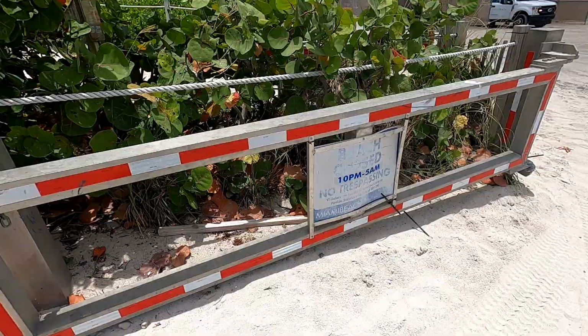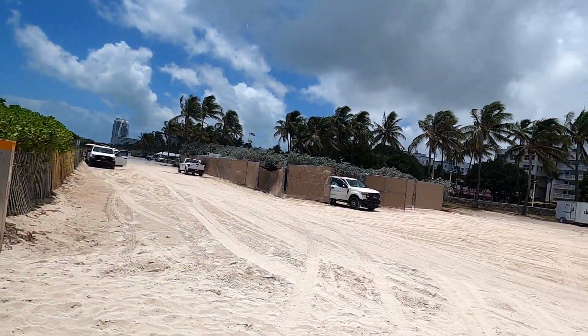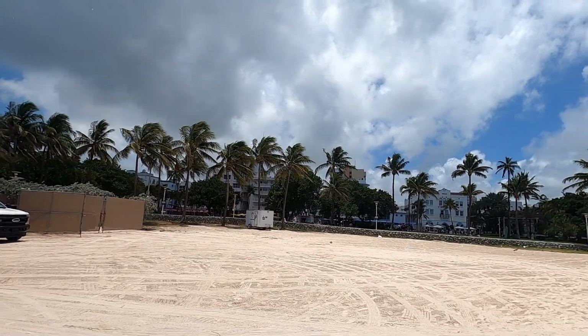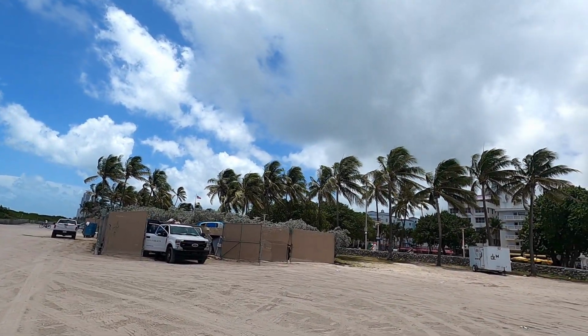Let's take a look. It seems like the beach is closed from 10 p.m. to 5 a.m., so open during the majority of the day. And I'm also sensing a slight drizzle, so I might have to change the GoPro microphone back into the standard GoPro case. We'll see. Making our way back inland now, and maybe we'll walk towards that bottom peak of the